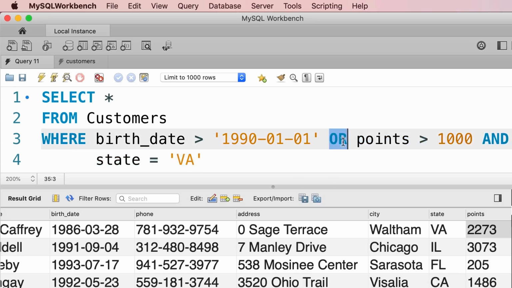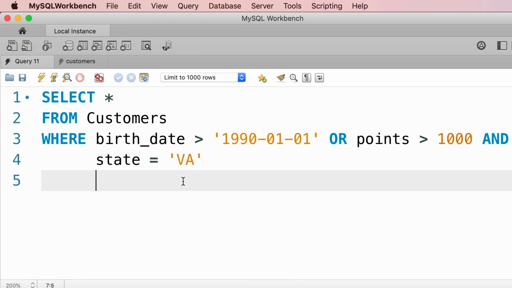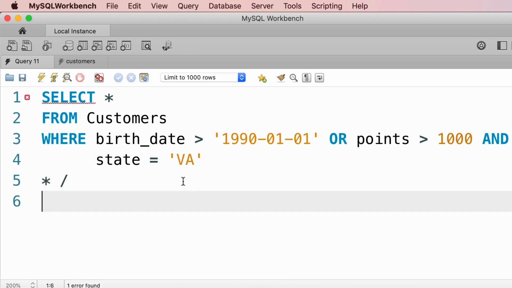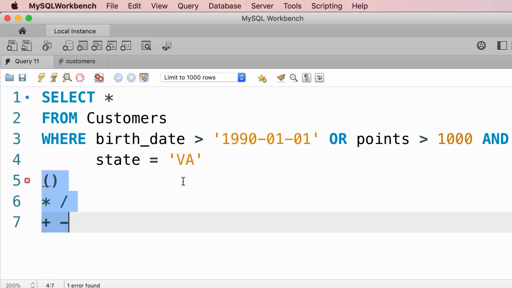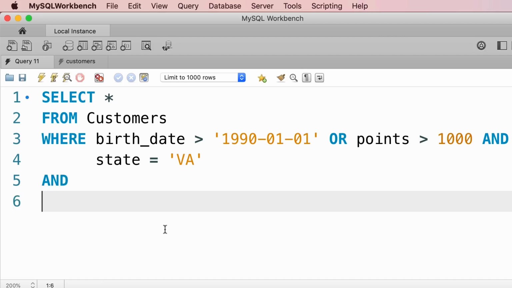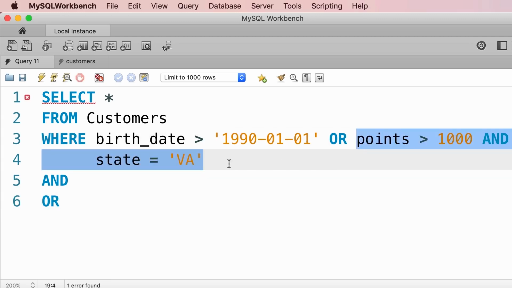Now, when combining multiple logical operators, you need to be aware of the order of these operators. So earlier I talked about the order of arithmetic operators. I told you that multiplication has a higher order than addition and subtraction. And we can use parentheses to override the default order. We have the same concept in logical operators. So the AND operator is always evaluated first. So when this query is executed, the query execution engine first evaluates this condition, because here we're using an AND. It doesn't matter that we typed out this condition after the first condition, because the AND operator has a higher